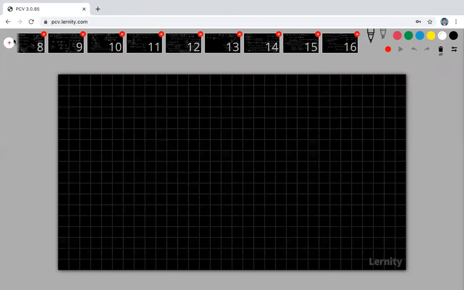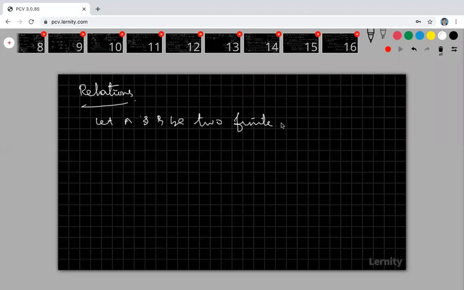Right. Now come to relations. Relations and functions are very important. What is a relation? Suppose A and B are two finite sets. What is your A cross B? My A cross B is the set of all ordered pairs (a, b), where a belongs to A and b belongs to B. Look at that: this is a set alone, and these ordered pairs are its elements. Each ordered pair is an element of this A cross B.